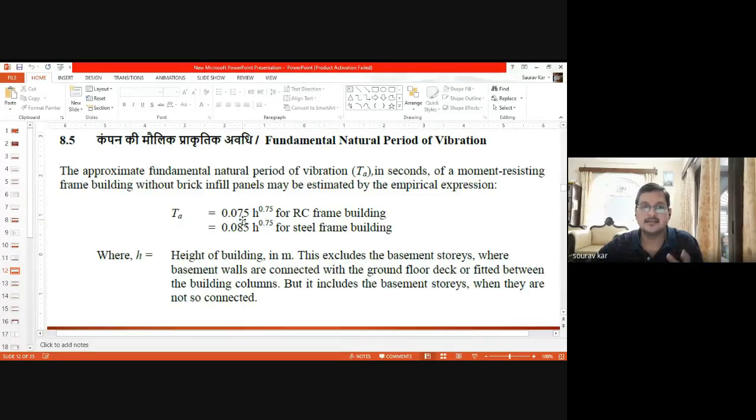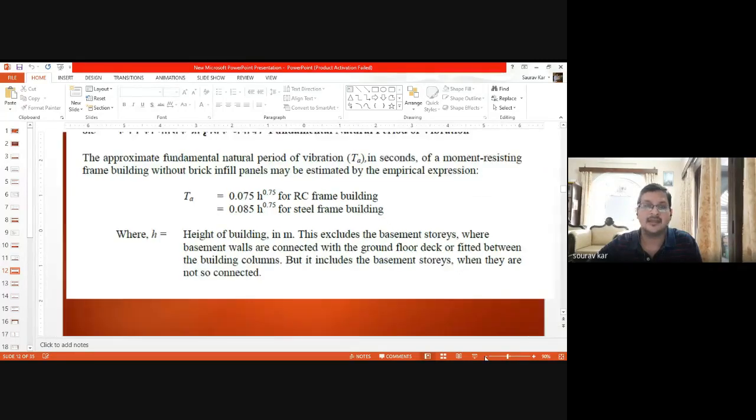TA is 0.075 h to the power 0.75 for RC frame structures, and for steel structures, TA equals 0.085 h to the power 0.75, where h is the height of the building in meters starting from the ground level. So this is a special formula we apply only when we are not using brick infill walls.